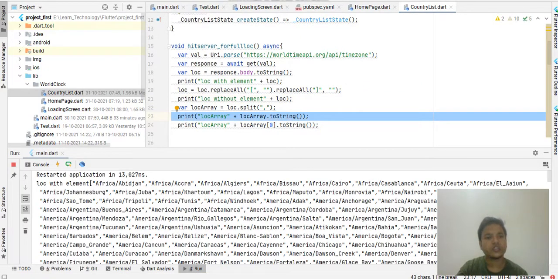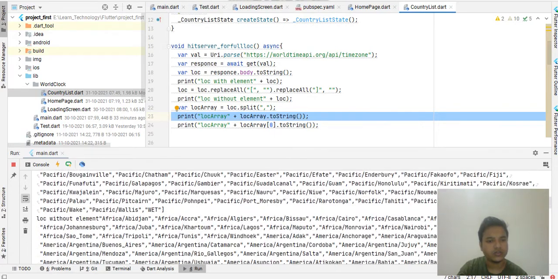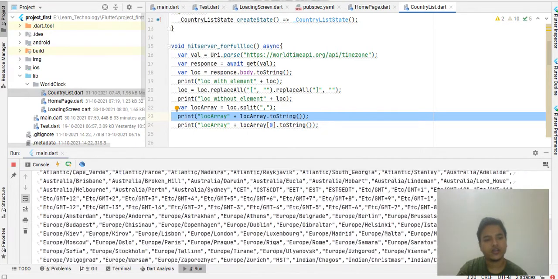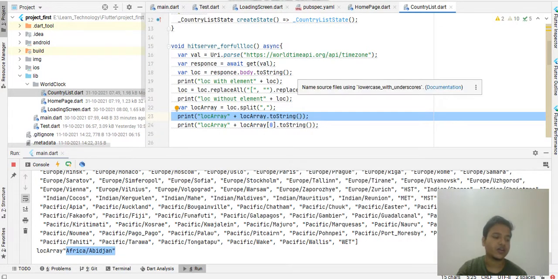So you can see there is a location element containing the braces, but after that when you go down, down and down, you see the location element has come without braces. And you can also see at the bottom of the page the first element of the array is also without braces, so the braces problem is solved. Now we have a complete list, one location in each array element, and we have to display it on a list. That's what we have to do now.